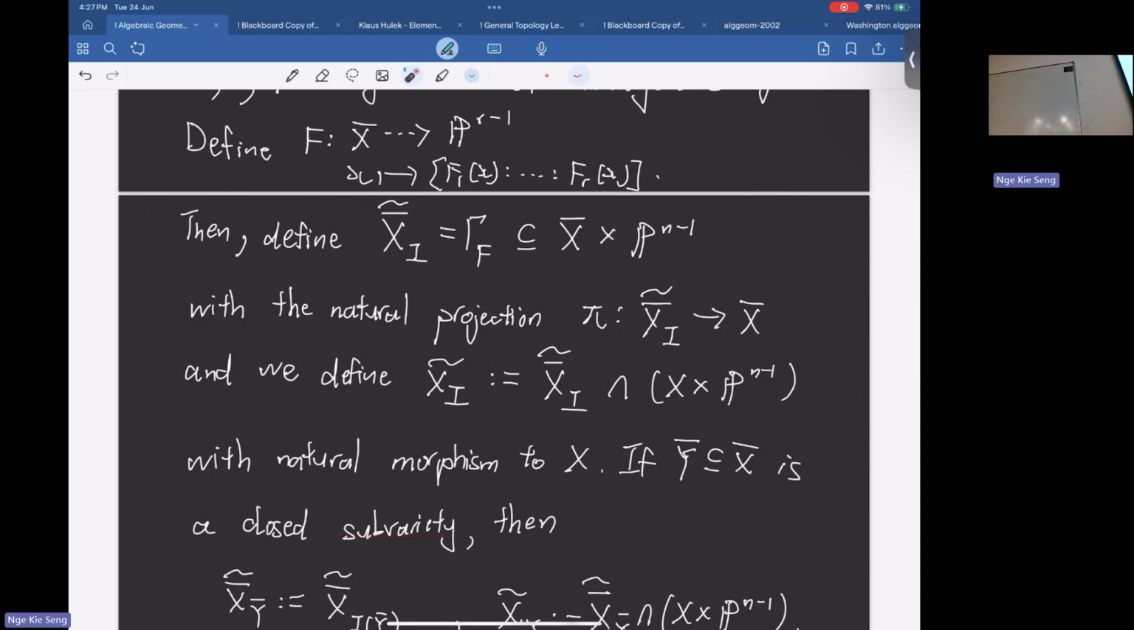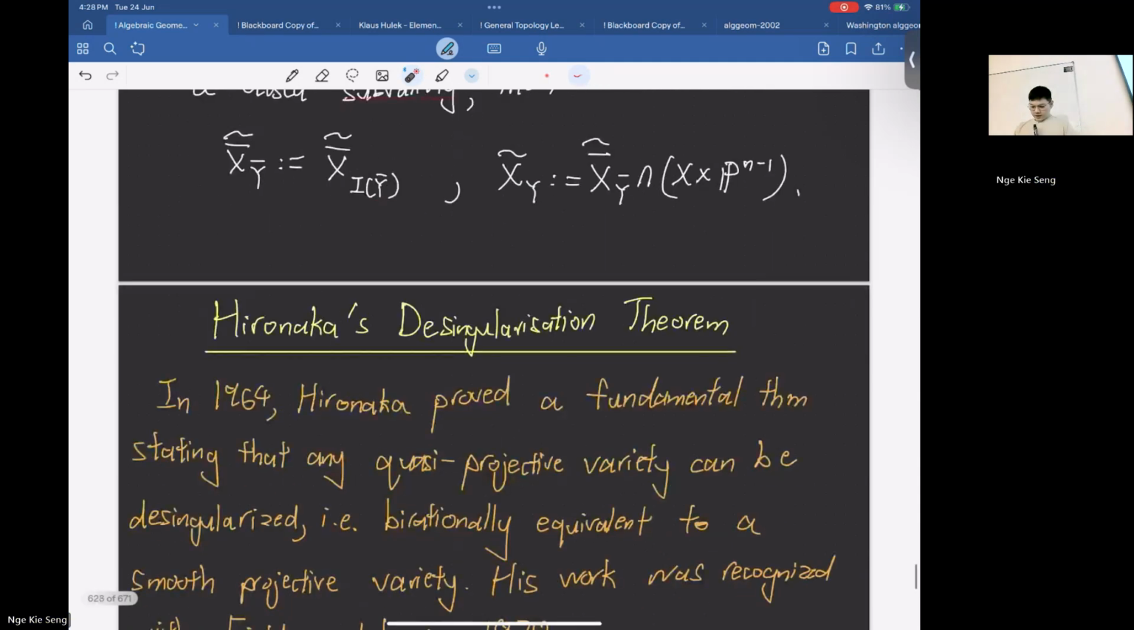Your blown-up points will lie in P minus 1 for the Y coordinate. So you just take the intersections. Okay, and then